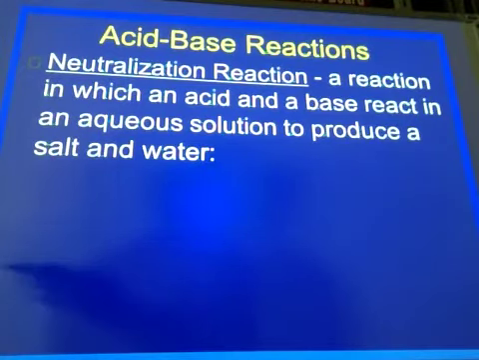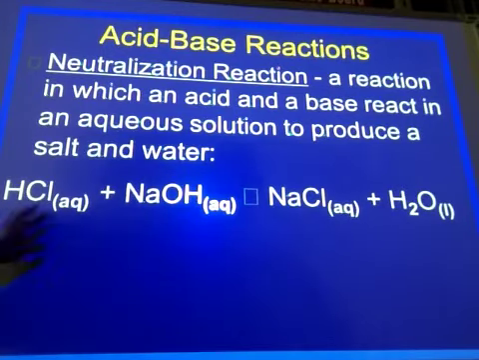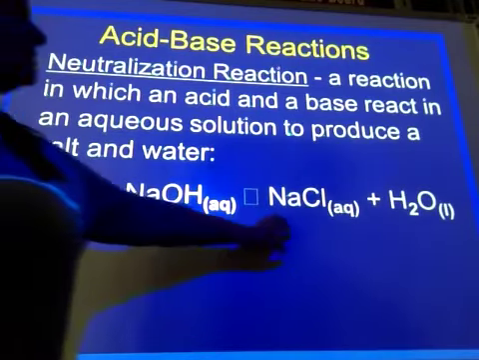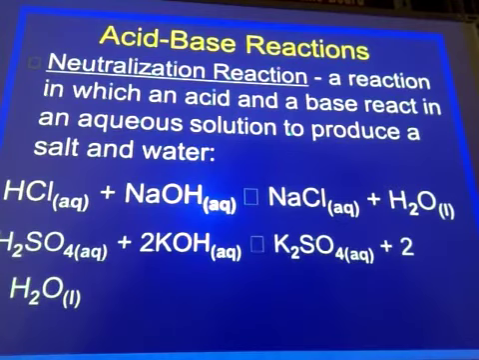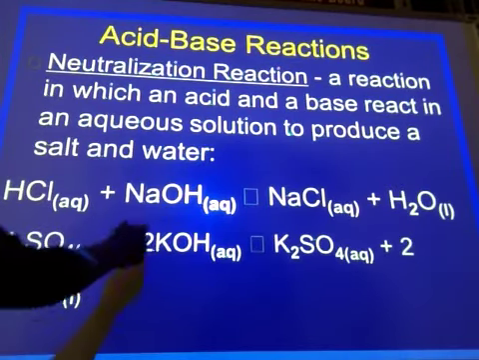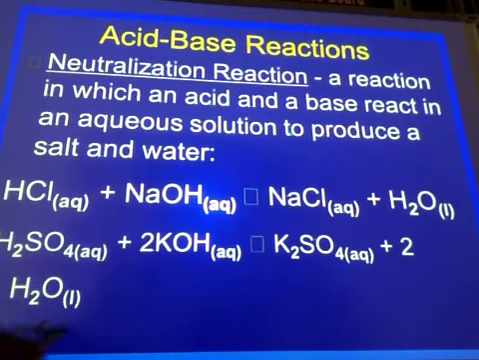to produce salt and water. So there are two examples that I gave you here. The first one is hydrochloric acid reacting with sodium hydroxide to produce sodium chloride and water. So I have an acid and a base producing a salt and then water. Another example would be sulfuric acid reacting with potassium hydroxide to produce potassium sulfate, and then I also have water